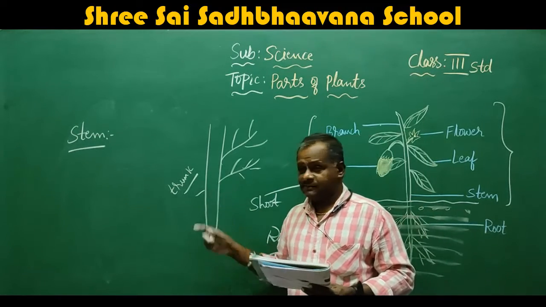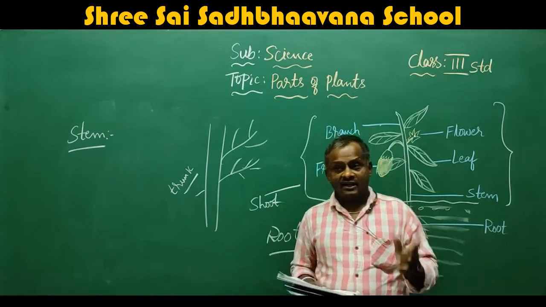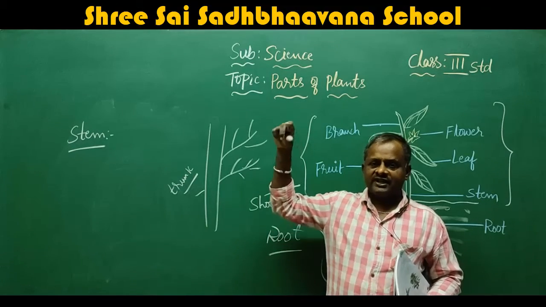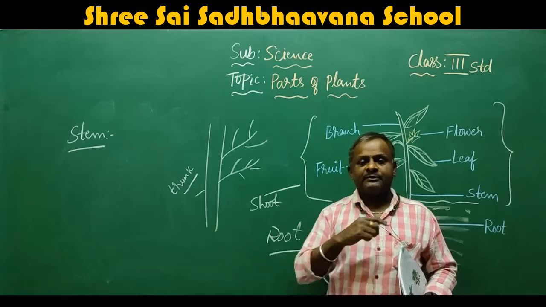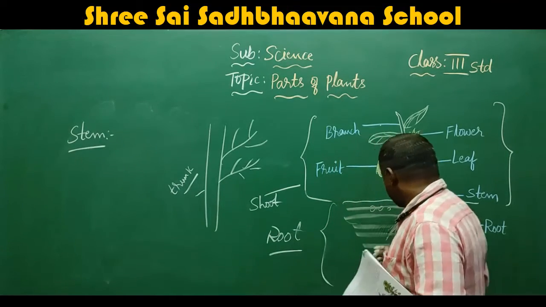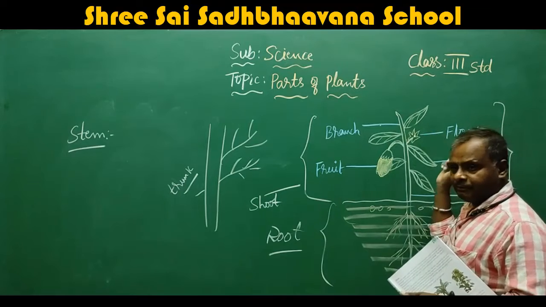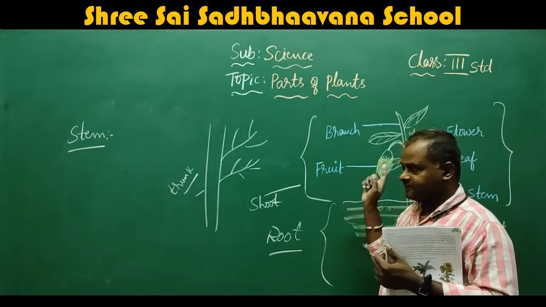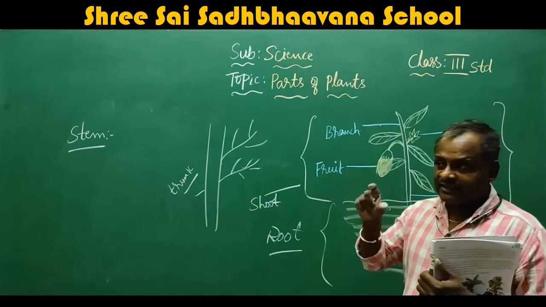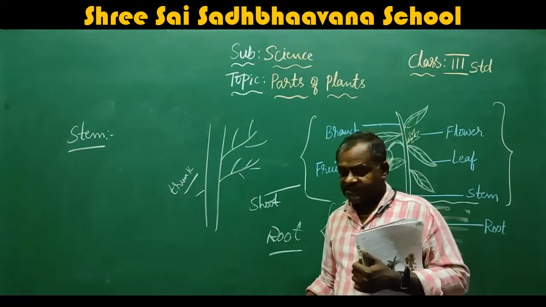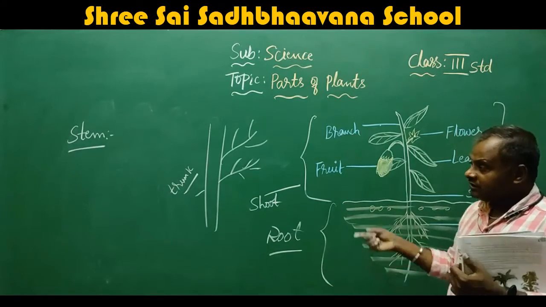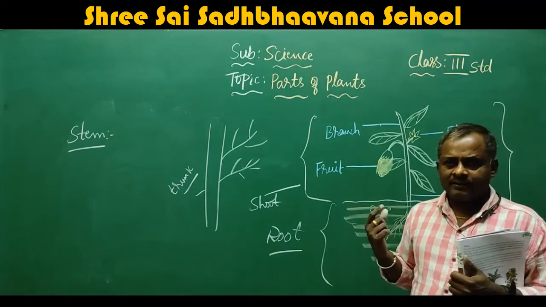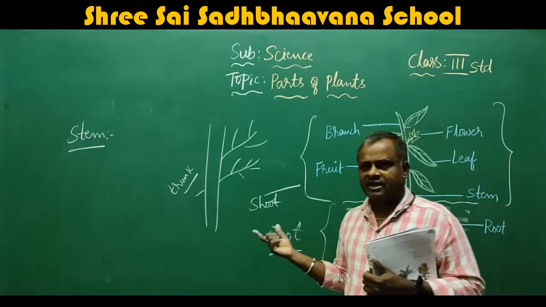What is the function of the stem? It not only keeps the plant upright, it also acts as a pipe to pass the water as well as the prepared food to the other parts of the body. That means the water from the roots goes to all the parts of the plant, to the stem, the branches, the leaves, everywhere. Next, the food prepared in the leaves is supplied to all the parts. The roots also need food, so the food once again travels through the stem and is supplied to the roots, branches, and all the parts of the plant.